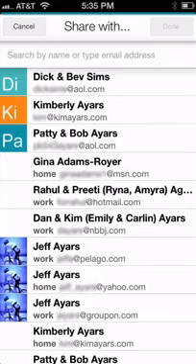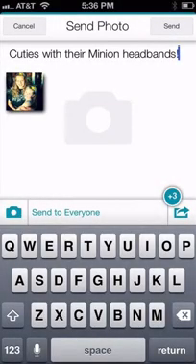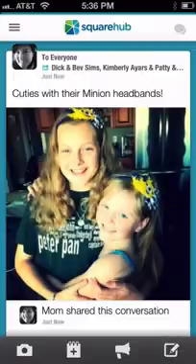up here. Then after you're done, you can see here that I have shared it with my parents, my husband's parents, and myself, so I can show you what the email is that the people will receive after you share it. So you're going to tap done. It'll take you back to the send photo screen, and you can see down here there's 3 additional people that have been added to this list. So I'm going to go ahead and send my photo out, and this is what it's going to look like